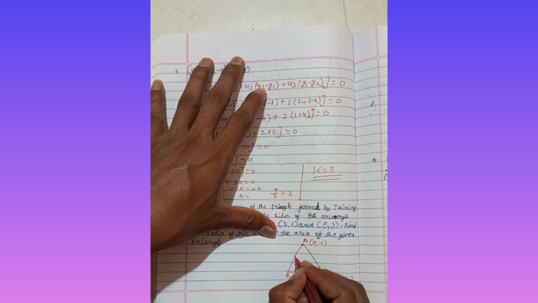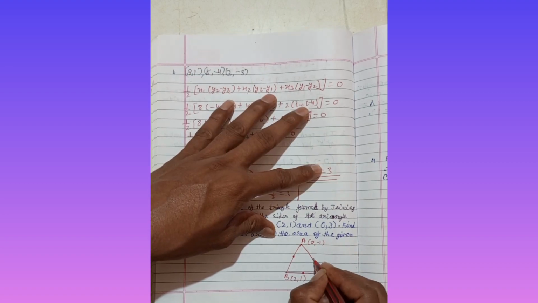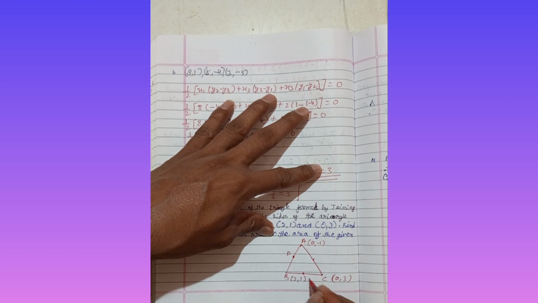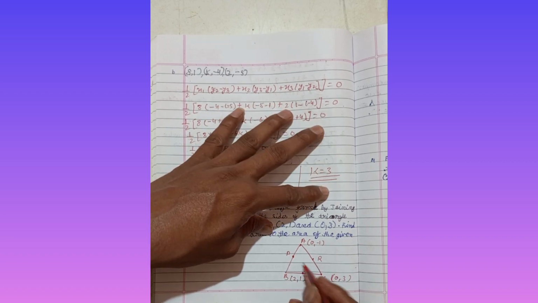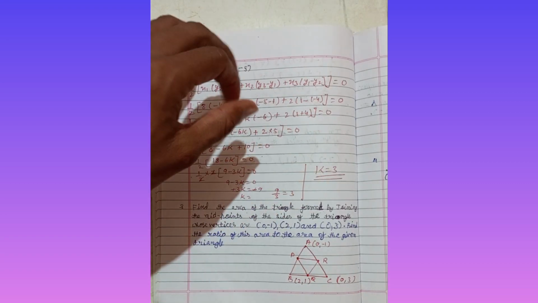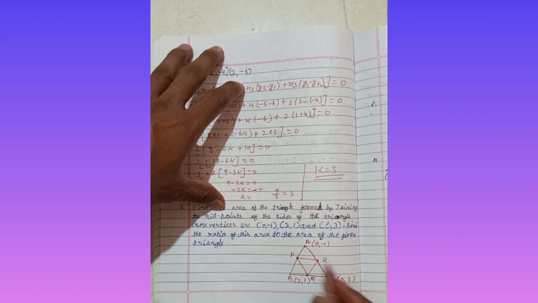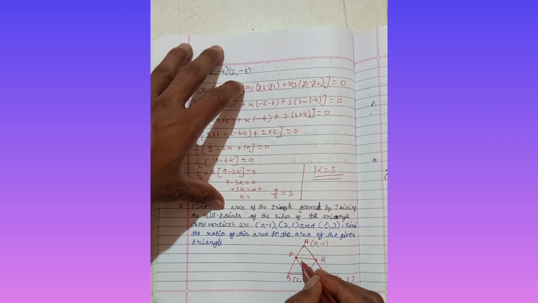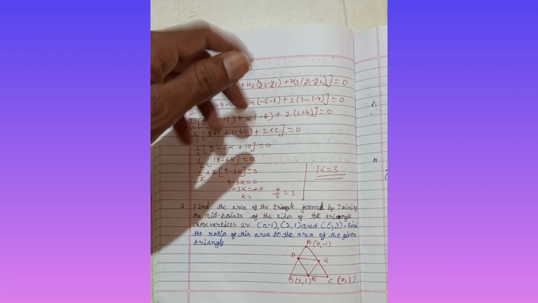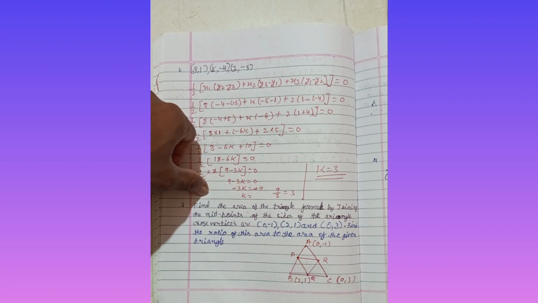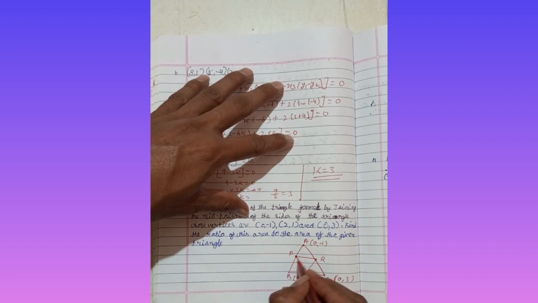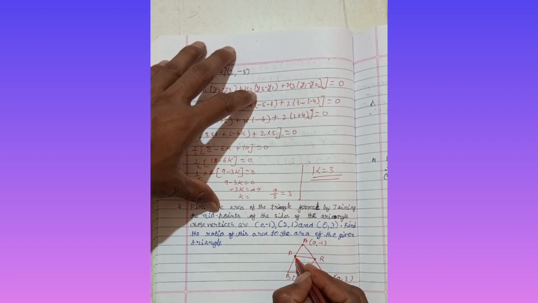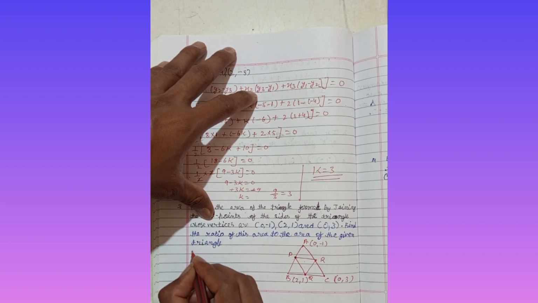Suppose this is the midpoint here, here and here. I denote them P, Q and R, the midpoints. We join them like this, so we get a triangle like this. Now we find the ratio of the area of this triangle PQR to the area of the given triangle. First we have to find the vertices of P, Q and R. P is the midpoint, so we use the midpoint formula to find the vertices of P, in terms of x and y.